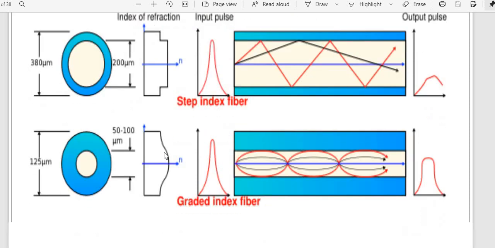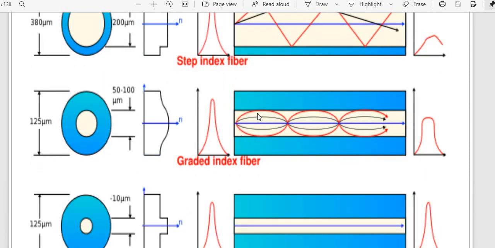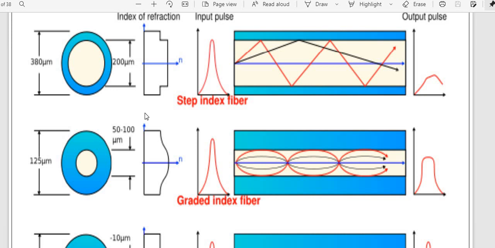What about gradient index fiber, students? It's just like a cylindrical form, right? You can see here how many cylinders we have. This is the way you need to represent. And as you can see here, 200 micrometer, the diameter of your core. Whereas here, core is less. What about cladding? Cladding is somewhat more. That's the reason if you see, this is completely flat, whereas this is your curve. We need to draw that particular diagram in order to explain the difference of step index fiber with gradient index fiber in optical communication.